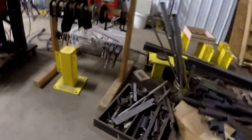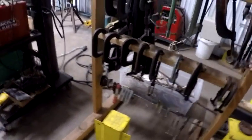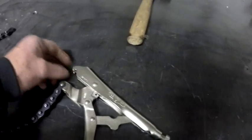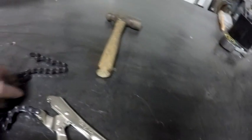And then I built this C-clamp stand a long time ago, and when I said I had some welding vice grips, that's where they are, down there. I also have these chain vice grips, but actually I bought this one new, and I'm going to make a tool out of it. So that thing is destined to be destroyed. It's going to be cut up, and a block is going to be welded onto this, and then the chain is going to be able to mount into the block